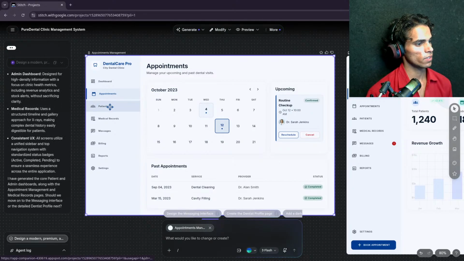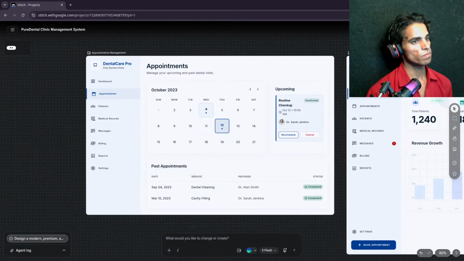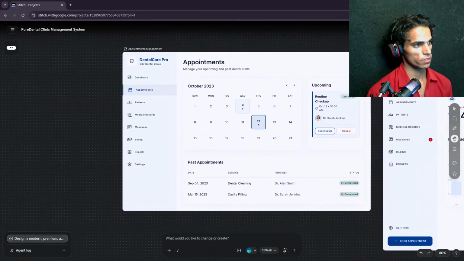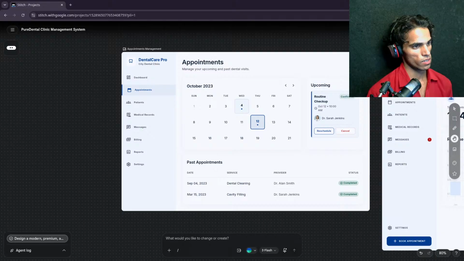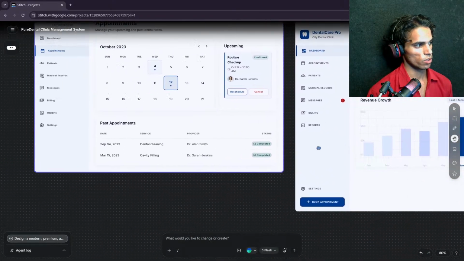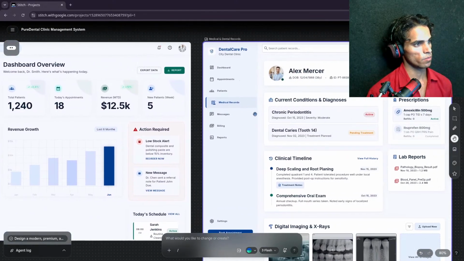Appointments that have been given to patients. Okay. Here you have the dashboard. Okay, it's great. Here you have the dashboard page like this. This is the appointment page and the great dashboard page. Book appointment. Okay. And medical records.